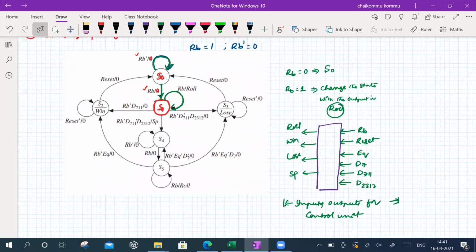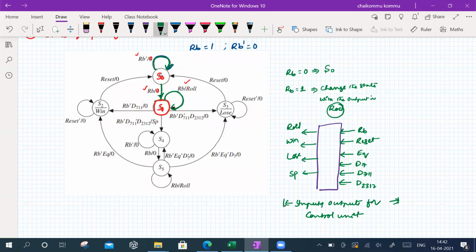Okay, so you are there, the roll button is completed here, and you are in this particular state. Now, in this state, when will you win the game? If 7 or 11 is there, then you win the game. Therefore, the roll button is not equal to 0. See here, you have to understand carefully: the roll button is not there, but there is a signal called D7 and 11. At a roll it's not necessary to write RB dash, but we have written it simply, which means that RB is not there. So implicitly we have mentioned that.